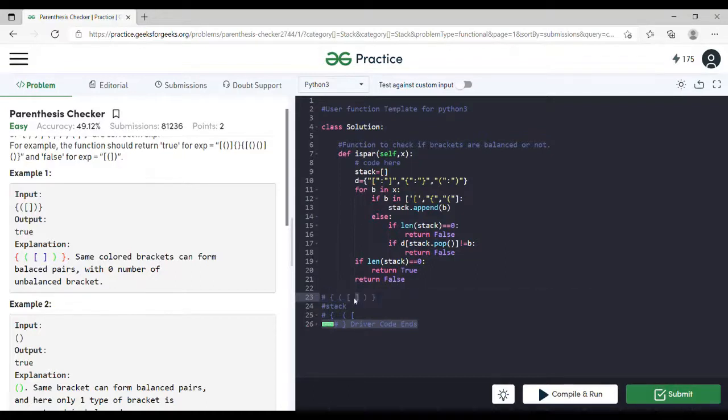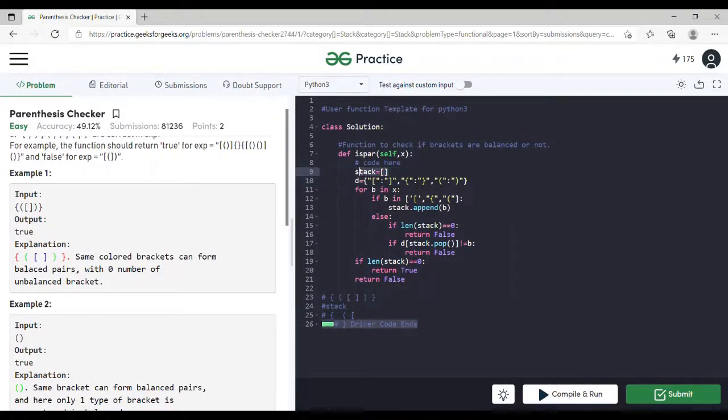When we encounter a closing bracket, we will pop from the stack and check if, let's say, it is a square bracket, then the opening bracket should also be a square bracket, right? So we will check whether that is satisfied or not. If it is satisfied and all the brackets are completely checked, then we can say that the brackets are balanced. So let's dive into the code for it.